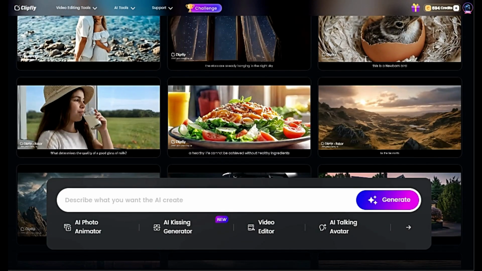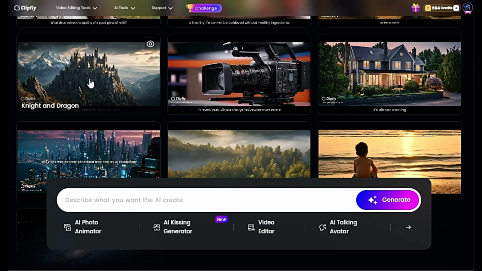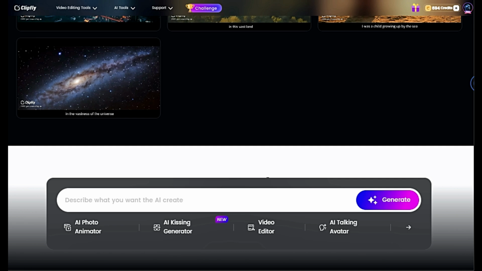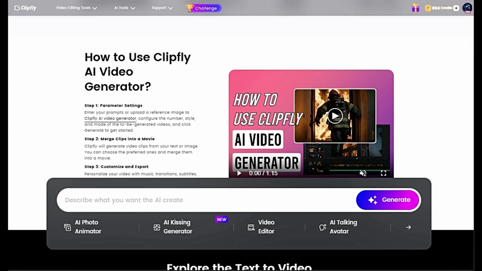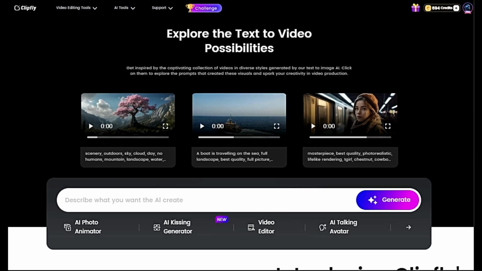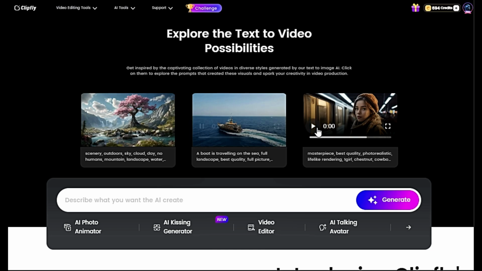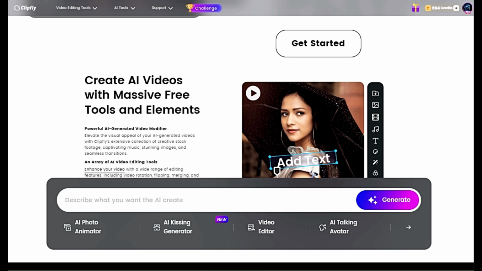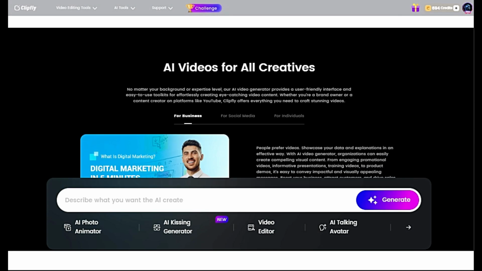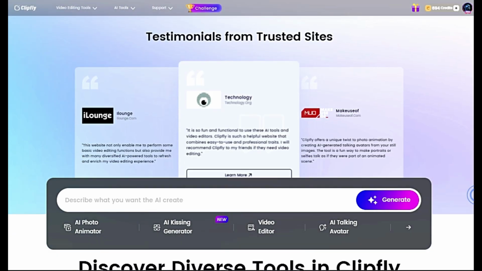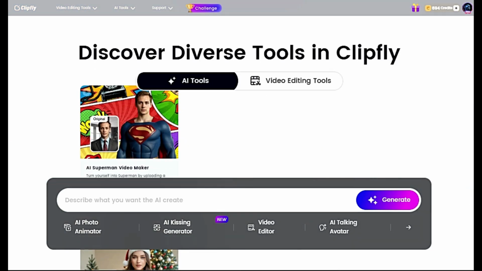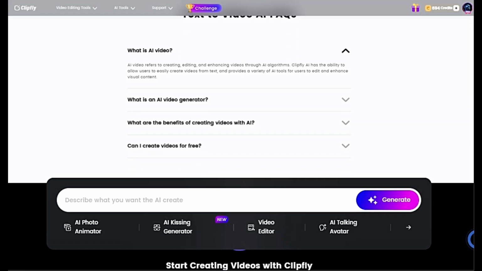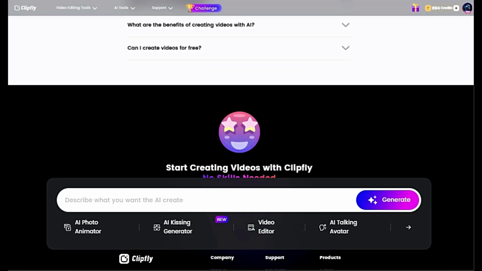The platform provides a wide range of customizable templates for different types of content, including marketing videos, social media posts, and holiday-themed creations like the AI Santa Video Maker. Users can modify these templates to fit their unique needs. The platform offers a wide range of pre-designed characters, backgrounds, and animations. Whether you're looking to create a fun, festive holiday video or a sleek, professional promotional video, the platform also syncs music and sound effects with the action in the video for a seamless experience. With just one click, you can unlock a world of design possibilities and bring your vision to reality.